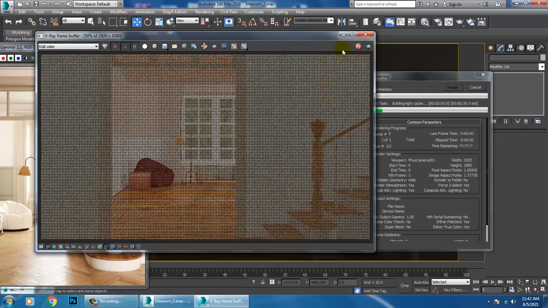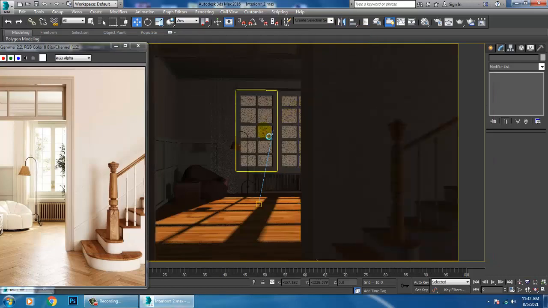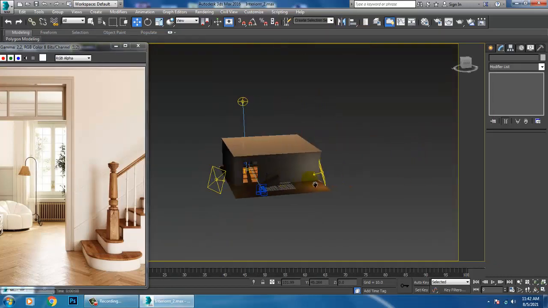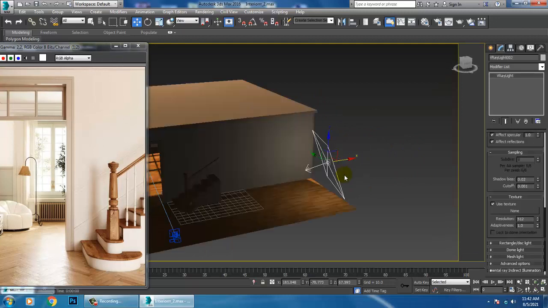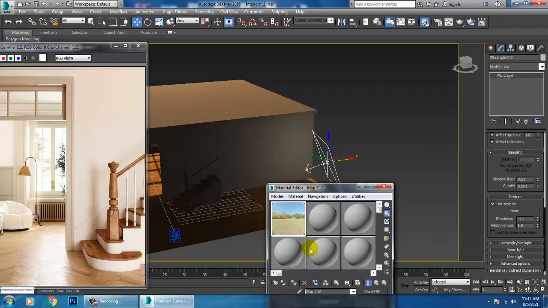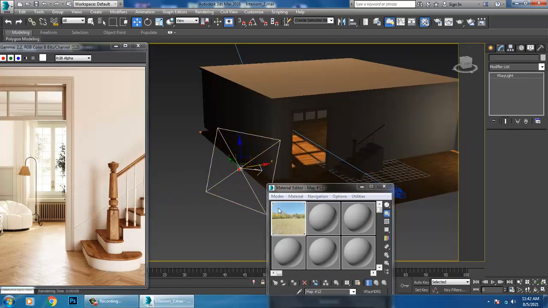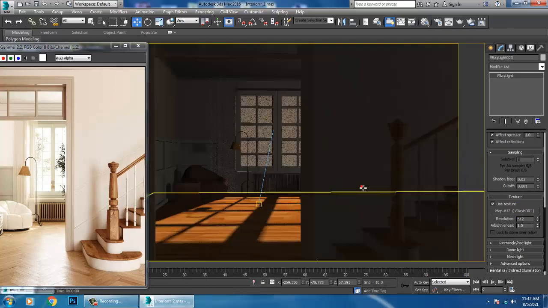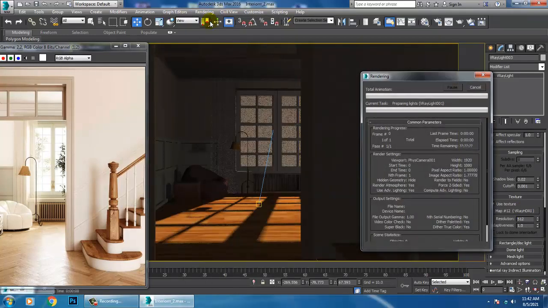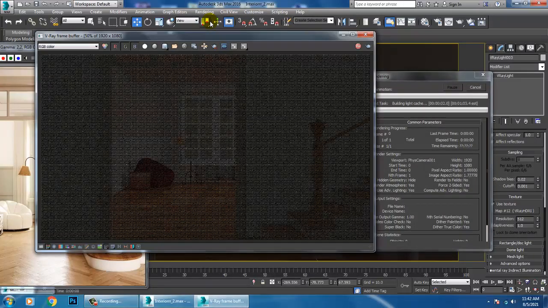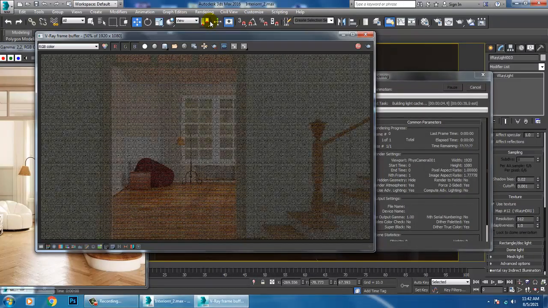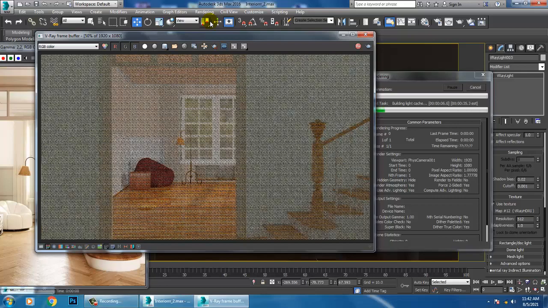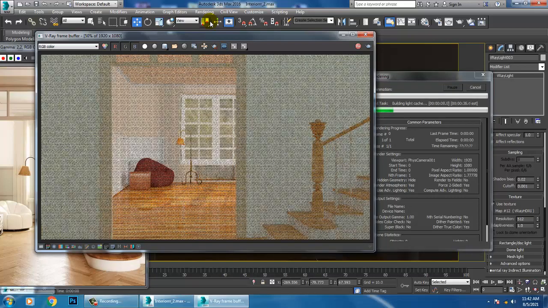So now what we will do over here is, I'll just exclude this first. I'll select this light also over here. And again I'll go into the material and I'll add a map over here also. And let's render this. Okay. So as you can see, you will get the HDRI map light in over here in the scene.